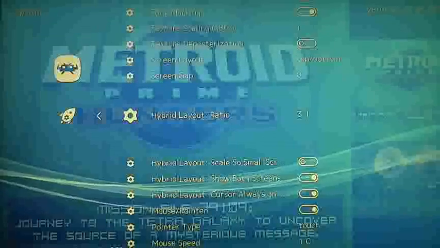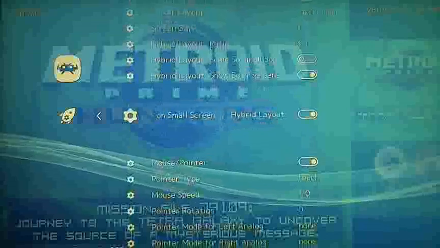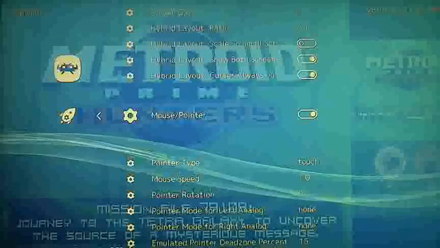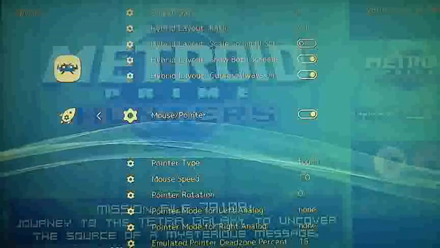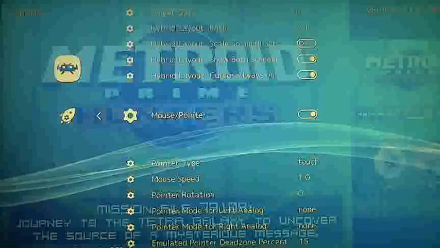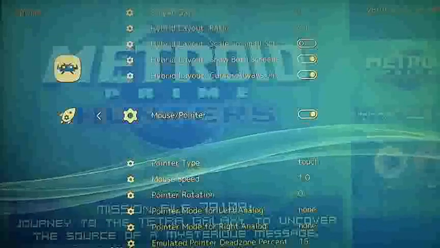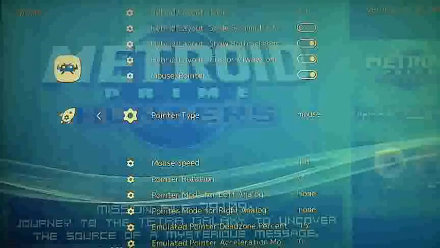Now the next part is, don't touch that. Don't touch any of this. Mouse pointer, keep that active. When it's to the right, the white circle means it's active. You've got two choices here, like a mouse